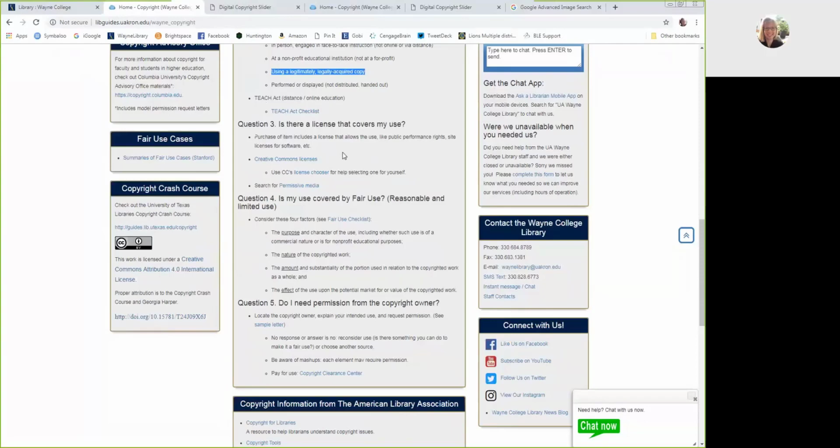Now, there is a huge movement right now with Creative Commons licenses. And if you follow this link that I provide in my guide, it will go into great detail about what a Creative Commons license is. But basically, it allows content creators to allow a certain amount of use that you decide for your item. So let's say I wrote a book and I wanted to put it online. I can choose a Creative Commons license that allows people to use it, distribute it, do whatever I want them to do with it. However, I might say, but you have to attribute me if you do that.